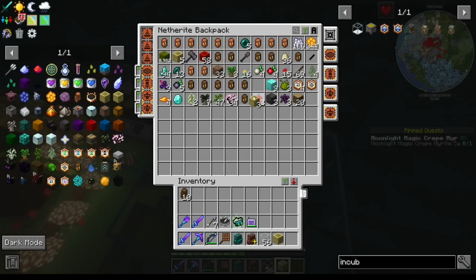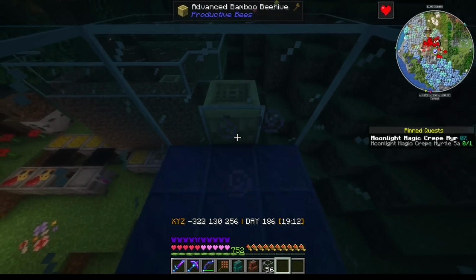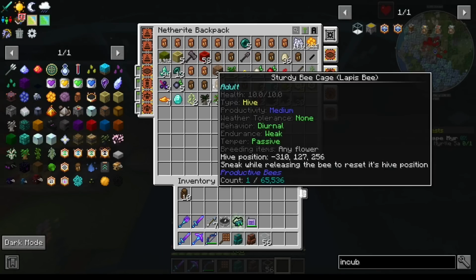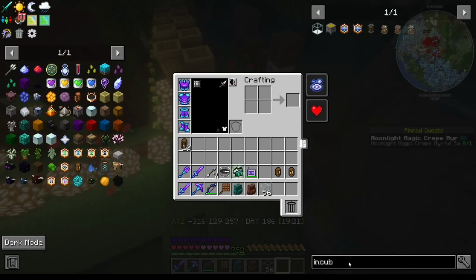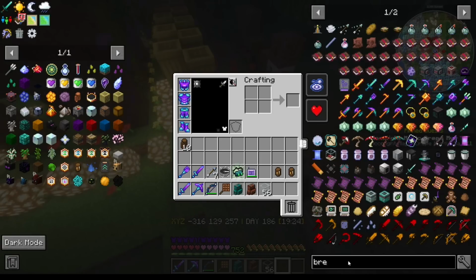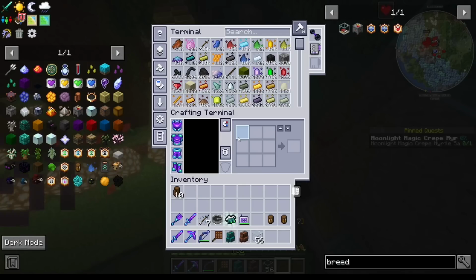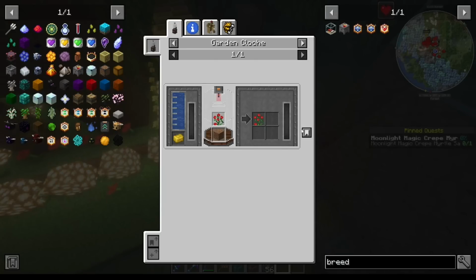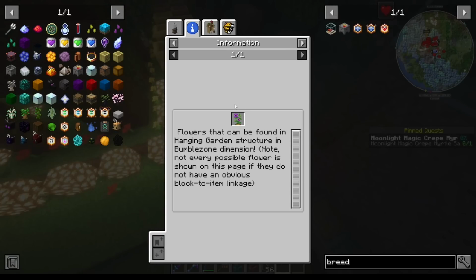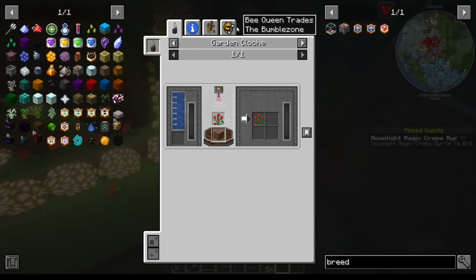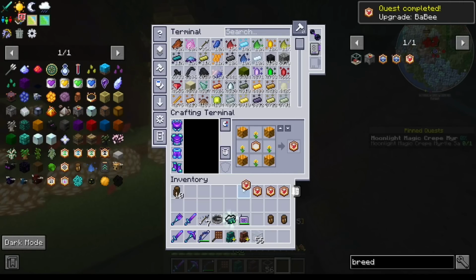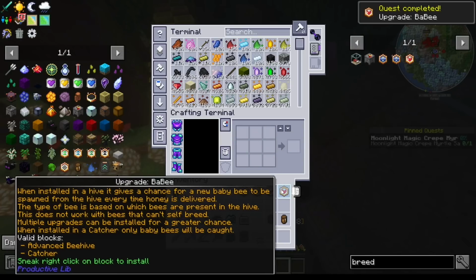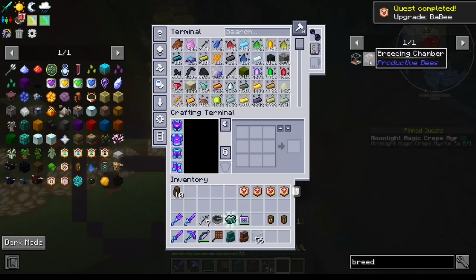But I definitely have a bamboo beehive, and then we can get ourselves, I probably should breed for more lapis bees, which means I need a breeder. Breeding chamber, cool. Just a rose bush, which, shoot. I don't think I have any roses. I will need to find, how have I not, oh, I guess I did it all in the system, so I never really,